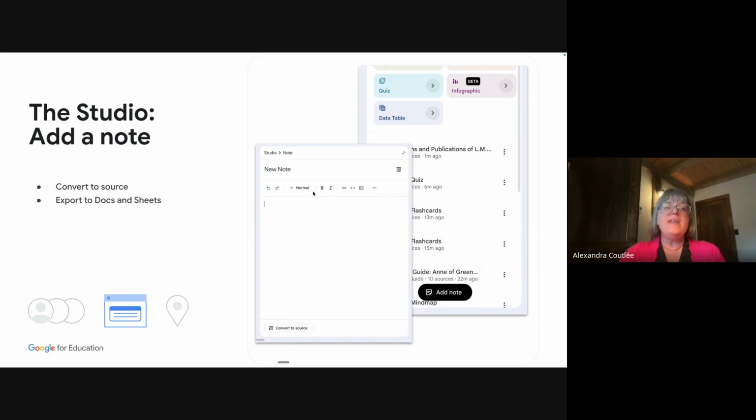It has minimal layout, formatting, bold and italic and so forth. But the idea is to leave a note in the studio. If I shared this whole notebook with Chantal, for example, maybe I want to leave notes as to what is the goal or instructions or information. If you're sharing it as a teacher, maybe that note is called not new note, but read me first. And then you have instructions that you're giving to your students.